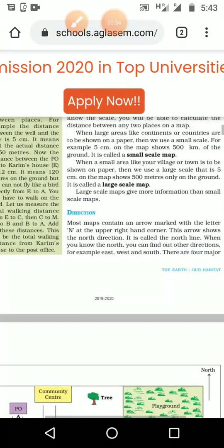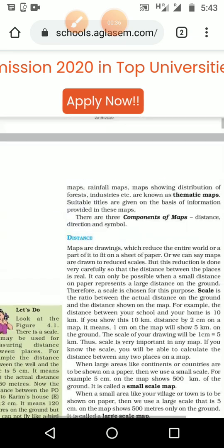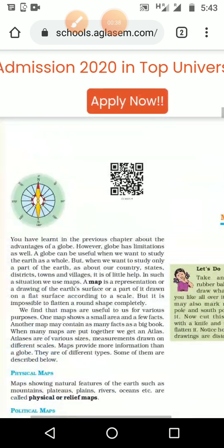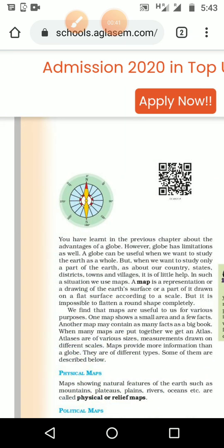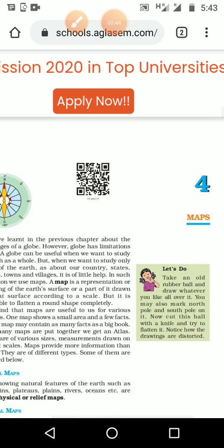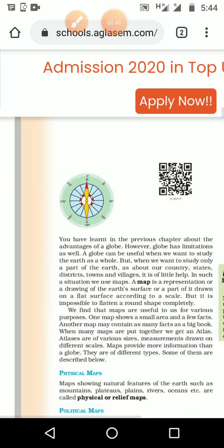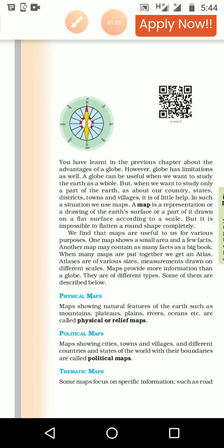This is a very small lesson, but it is very important up to the 10th standard and even in your future: how you should read the map, what is meant by a map, what all things we can get from one map, and which type of map we should refer to for a particular thing. For example, for rivers, for capitals of some states, or if you want information about other countries or about mountains, the different things.